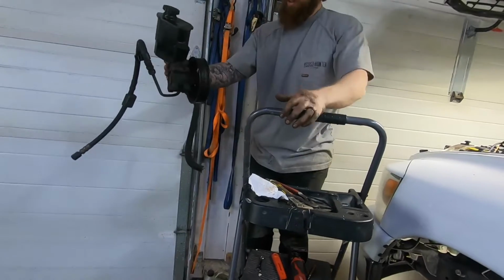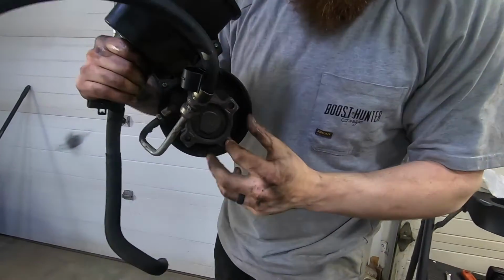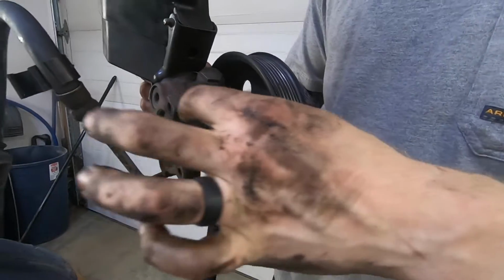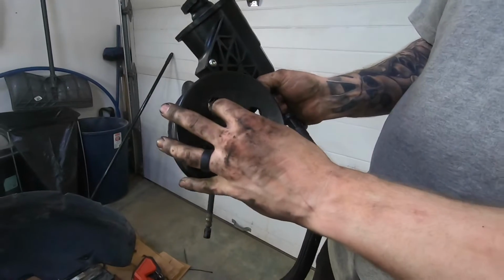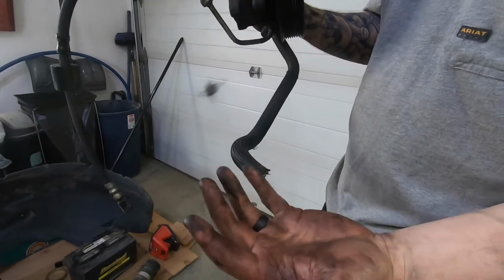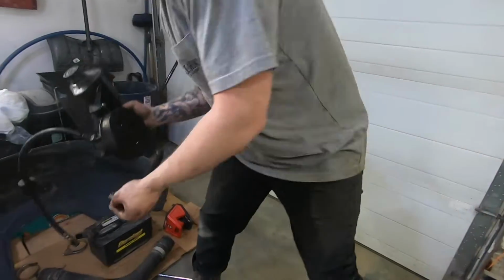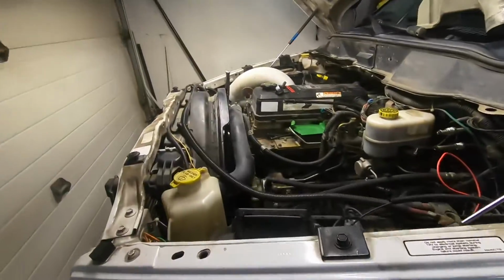There we go, got that old pump out of there. There's a bit of a fight because of where the bolts are here. I didn't realize there's another ear off the front of the case that catches it, so you actually have to pull the bolts right out through the front to be able to pull this out. But there we go, at least we got it out, and we can have access here to our other lines